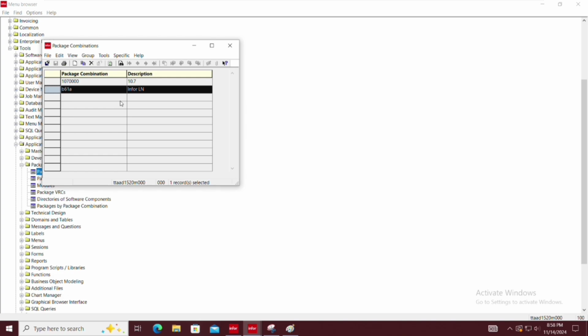If you see here in the base, there are certain packages. So this B61A is the standard package that is developed by the standard product or the base product. Okay. For the moment, let's understand that. I'll explain in detail about that in the package by package combination. Okay. For the moment, let's understand that a package combination is nothing but a collection of package VRCs,